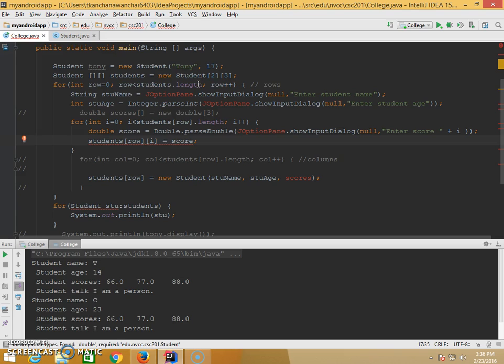Row, right, I. And now there's a problem again here. This is a student, so it seems like we have to pass in, because this type is double, right? And this is a student type. That means